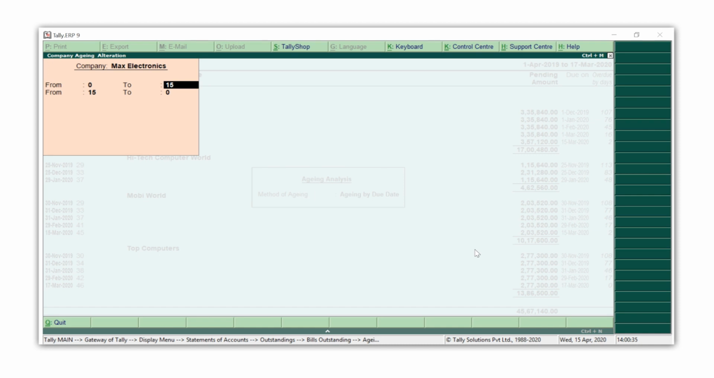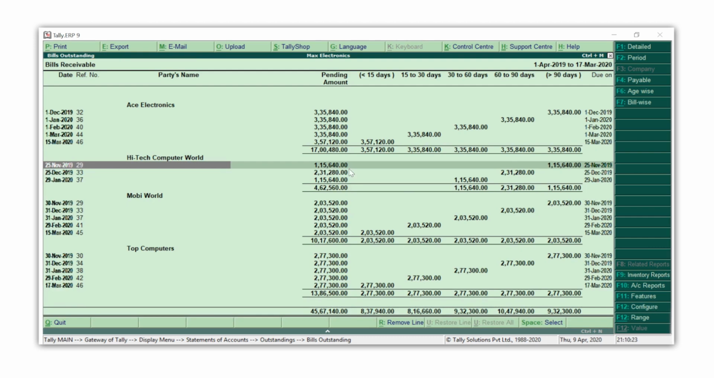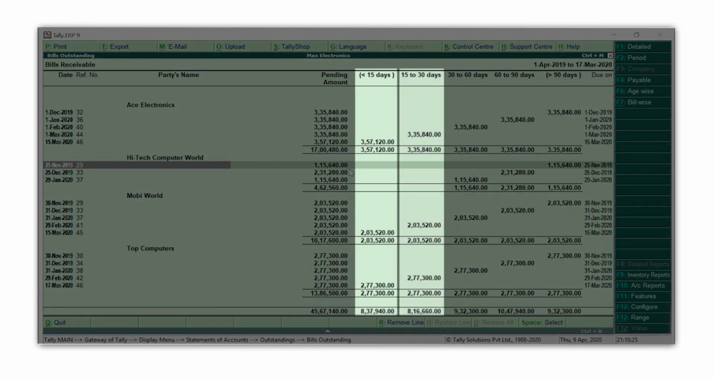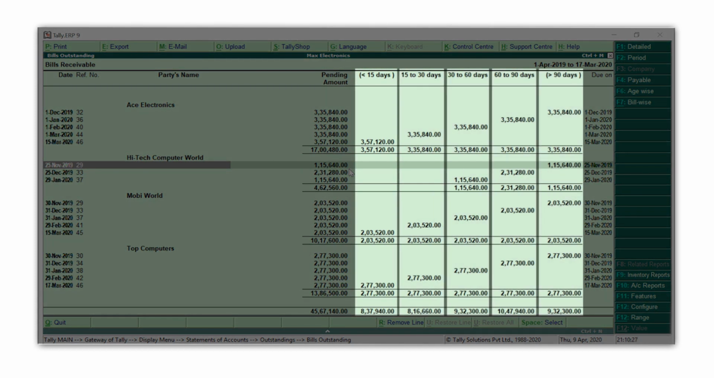Now, I can enter the frequency I want to see. I'm going to enter that I want one column showing all the bills pending for 0 to 15 days, the next column for 15 to 30 days, followed by 30 to 60 days, 60 to 90 days, and the last column for anything pending more than that. Accept the screen. Now, it becomes easy for you to see who you need to contact first to get your